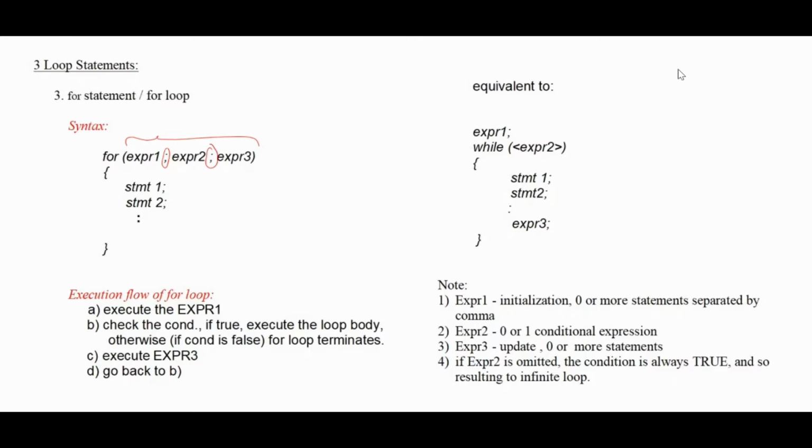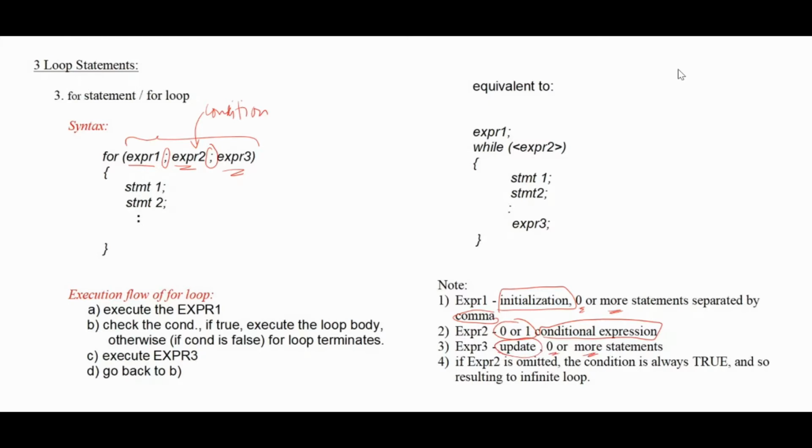Expression 1, the first one, we call the initialization, and it could be 0 or more statements separated by a comma. Expression 2 is 0 or 1 condition, or conditional expression. And expression 3 is called the update, and it could be 0 or more